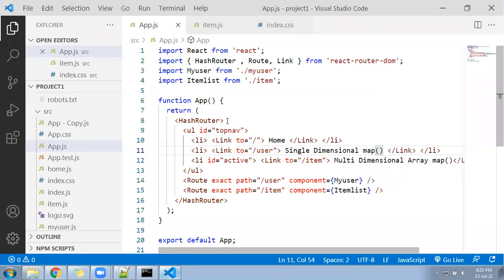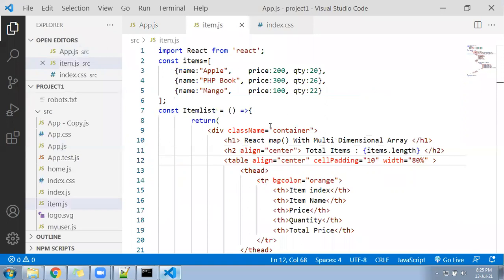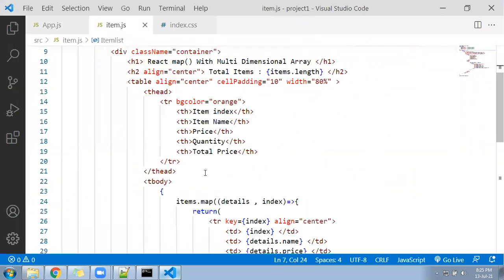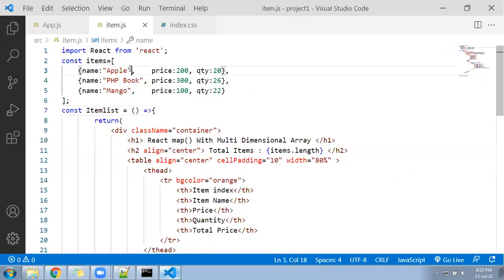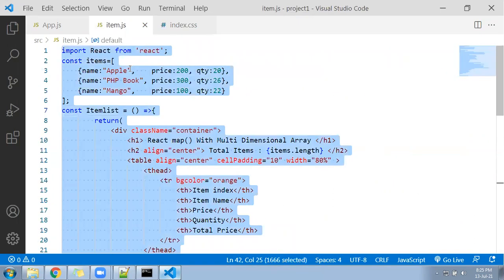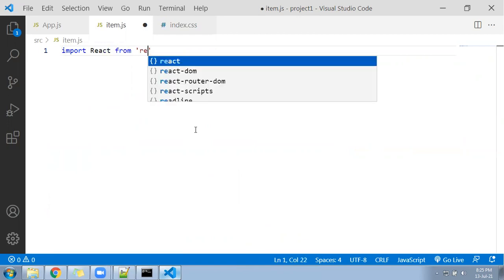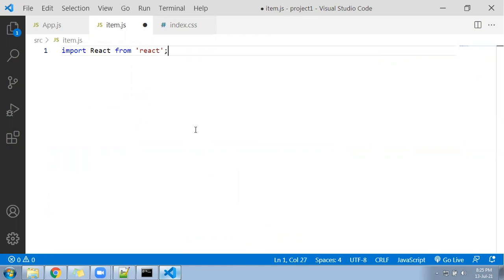Now, suppose this is my file. I have created item.js. Some code I have written inside, so I will be cleaning all the code. A to Z I'll delete from here. I have deleted everything, so my file becomes empty now. Okay, let me start from the beginning. So I'll first write import React from React. Next line, I will create an array